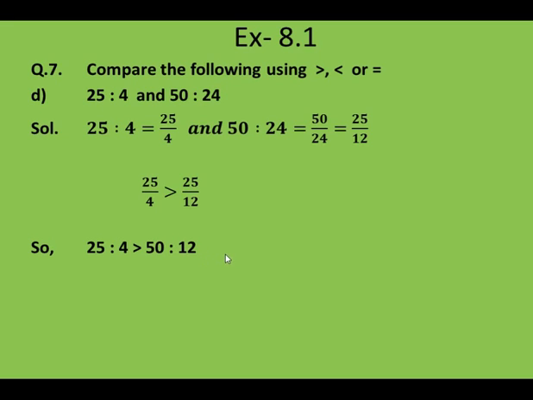Okay. Here we can also use the same method, that by making the denominator same, then also you will get the same answer by taking LCM, but I have given you the easiest way. If numerators are same, then we can compare the denominators. Lower the denominator, greater will be the fraction. Okay.